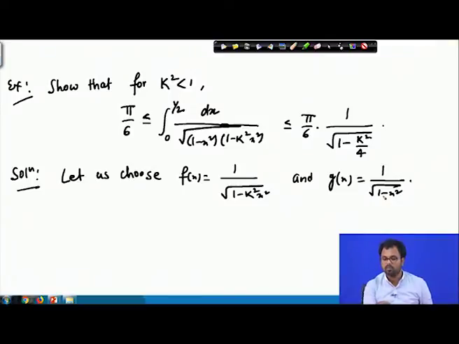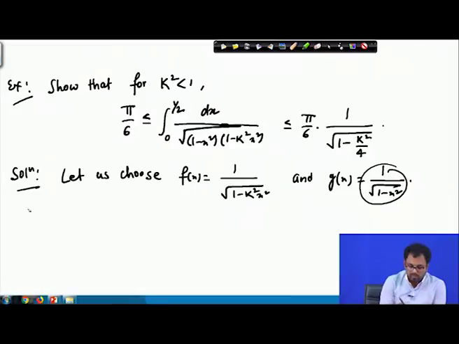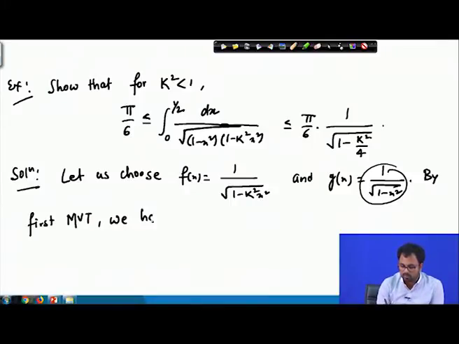Whatever the value is between 0 to half, this function g keeps the same sign, and therefore it satisfies the criteria of the first mean value theorem. I will write it as MVT, first mean value theorem. So it satisfies all the criteria, and therefore by mean value theorem we have